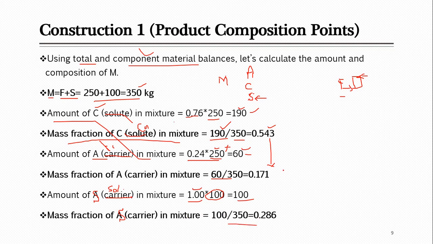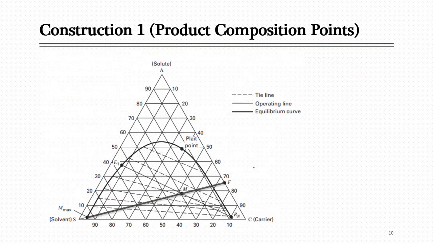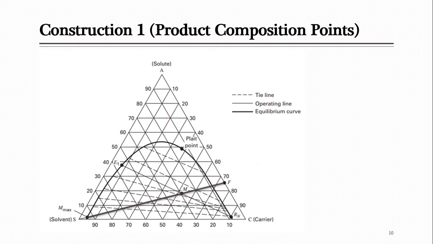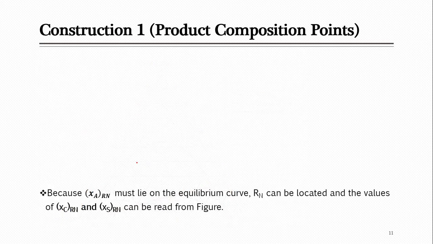Now up to here you can see that we know the amount as well as the composition of all three: feed, solvent and mixture. All these three are given, or now you know at least, so these can be located on the figure. In the similar way to how you located them for single stage systems in the last lectures, you go to the diagram, you locate the feed point as well as the solvent point, and then also locate the M point and just connect them with the help of one line.